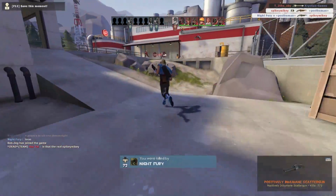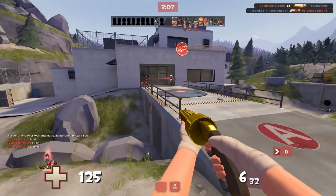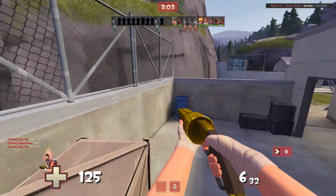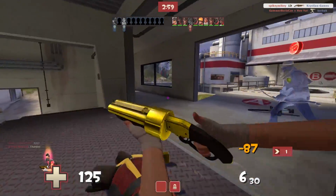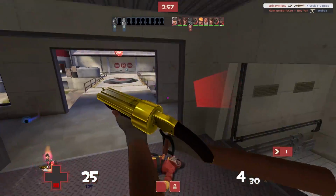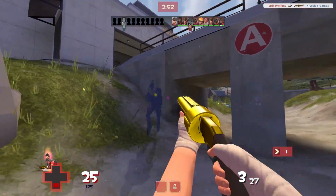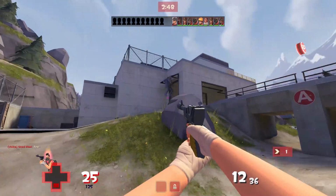For example, if you find an item that you really want that's slightly over your budget, you could spend less on a class you don't play as much, so you can spend more on the classes you do play and go slightly over budget but get something that is a little bit nicer. Especially with the money you're going to be saving from buying all class hats instead, you won't have to buy a same copy of that hat for every single class. You just buy one and then you're done with it. So you're saving quite a bit and you will have quite a lot to play with when making loadouts